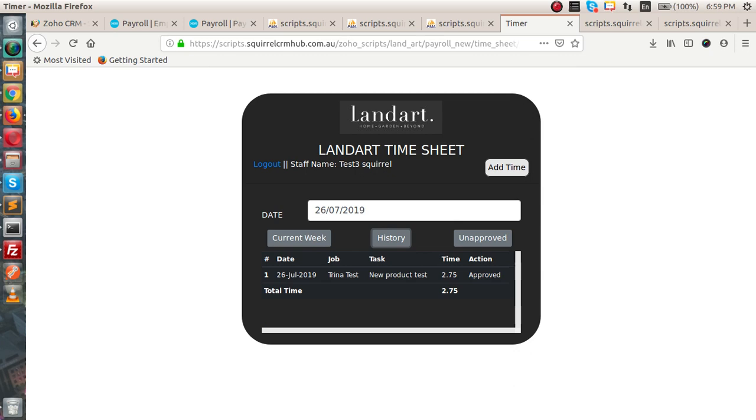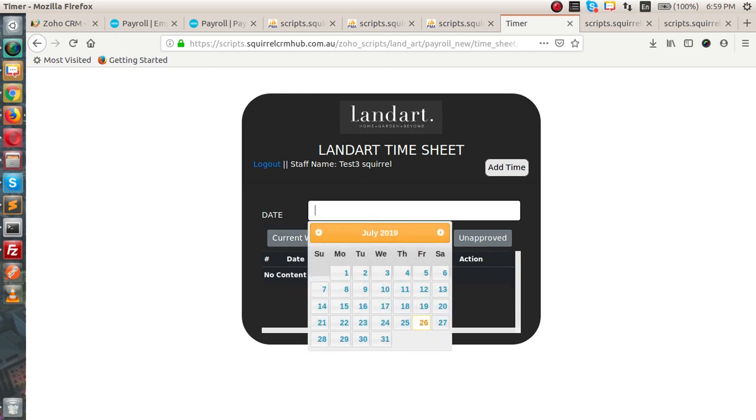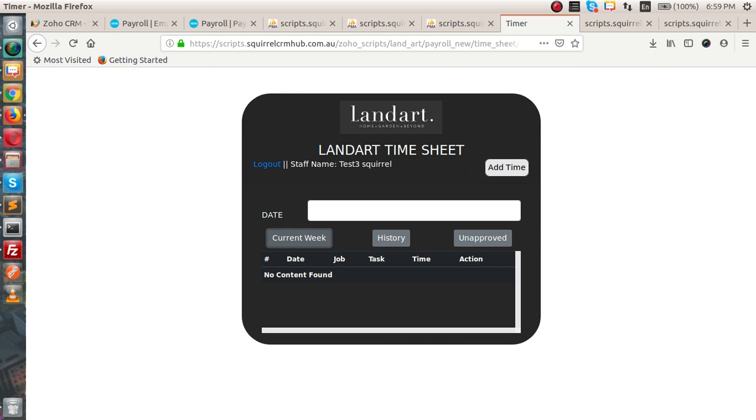These are the particular things. And if they want the current week entry, there is no data for the 26th, but they have the data. So now they can edit